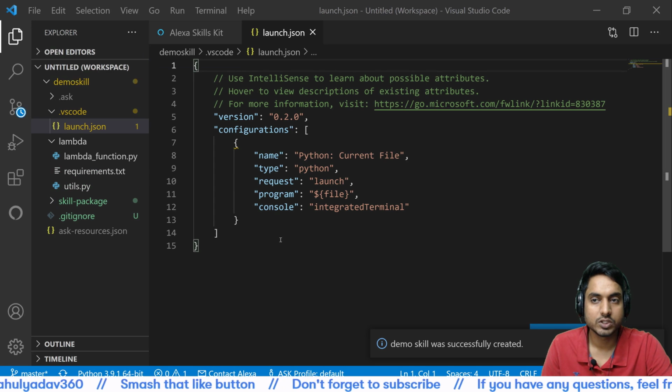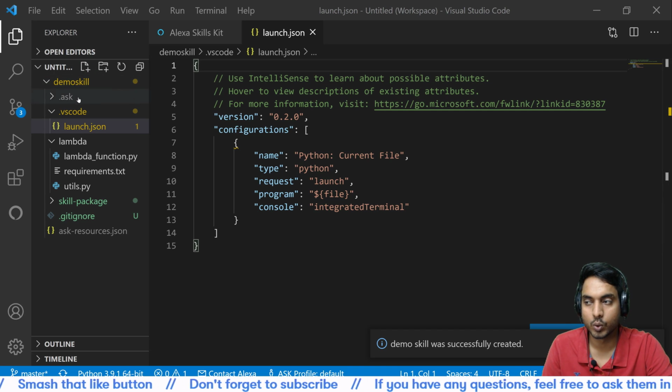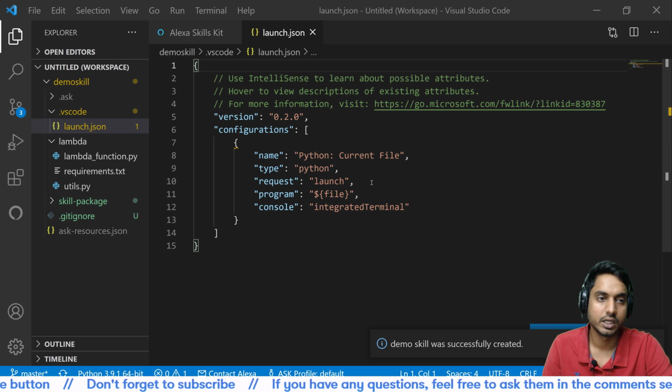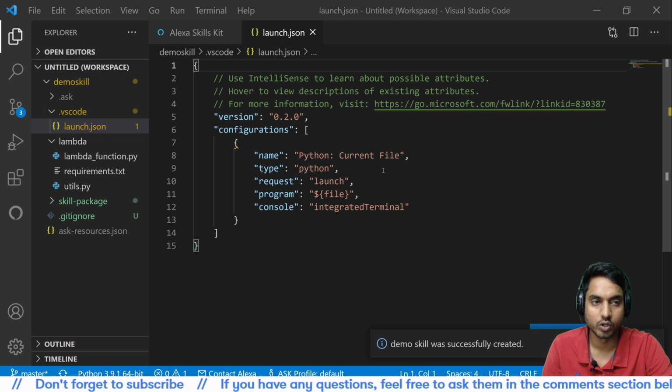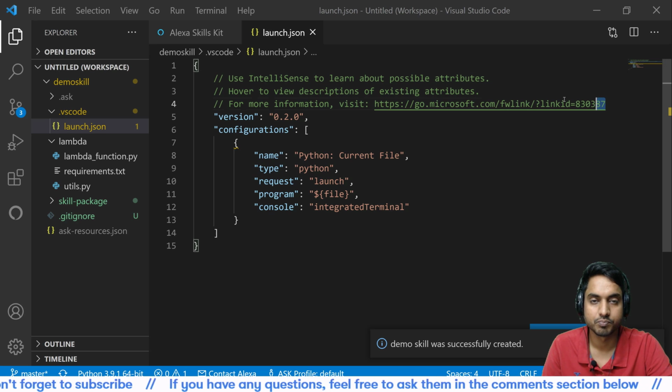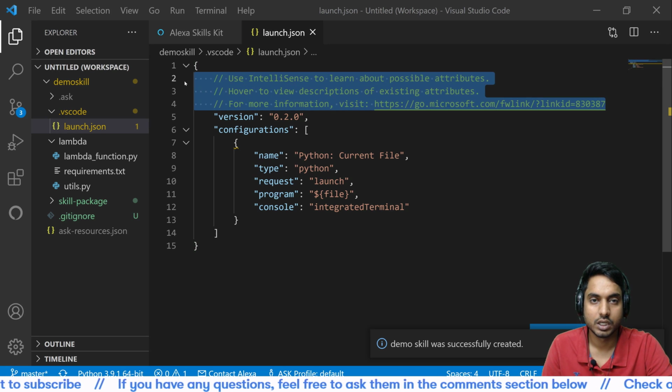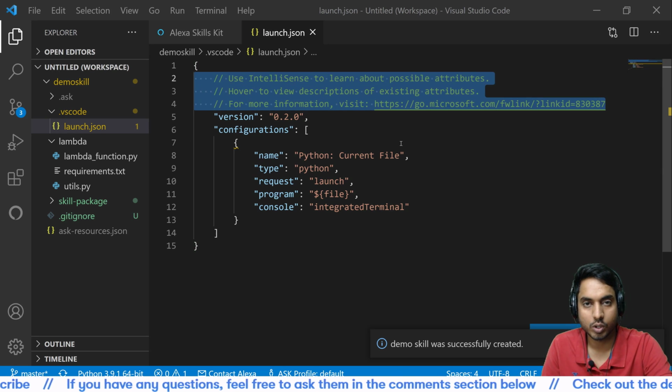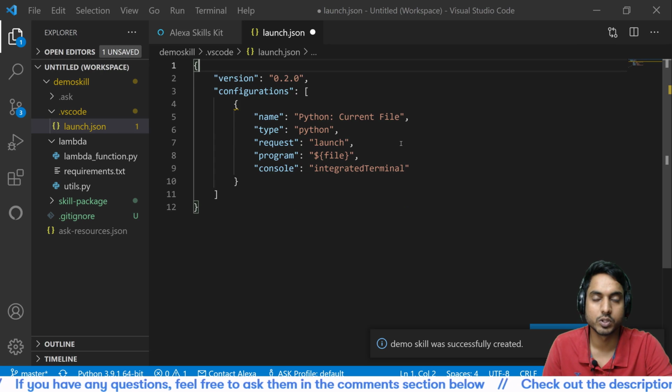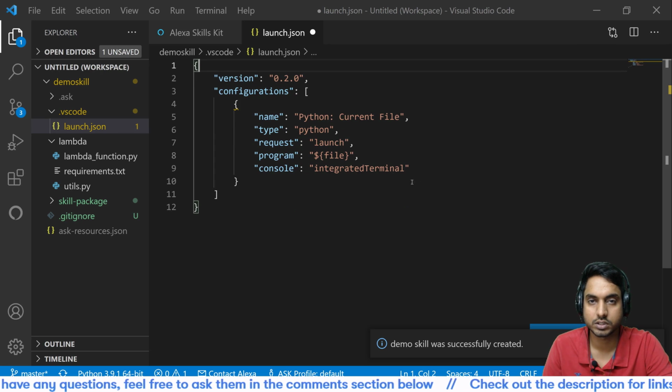Once we do this, you will see that in our demo skill code a launch.json file has been created, and we need this file in order to run this test sample. There are a few comments on the top. Just remove those comments because they can cause a few errors.